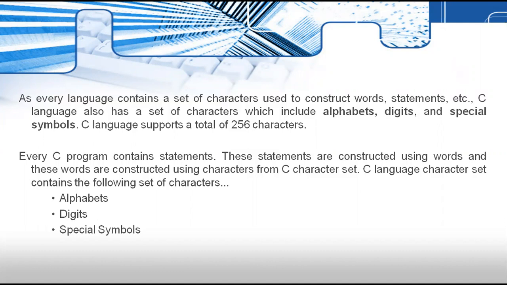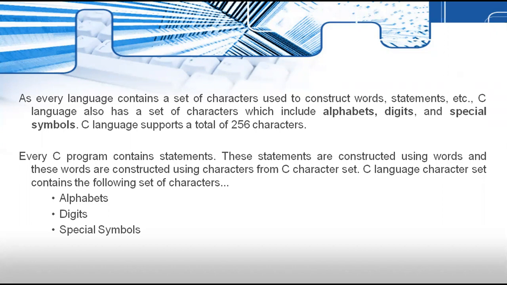So here, a character set in the C programming language is nothing but the set of all valid characters that can be used to form words, numbers, and expressions in the source program. C uses constants, variables, operators, keywords, and expressions as building blocks to form the basic C program character set. So the character set is the basic fundamental raw material of any language, and they are used to represent the information.